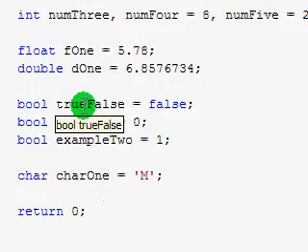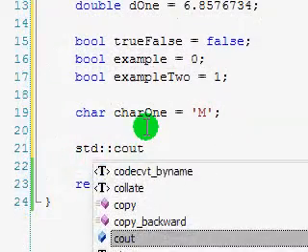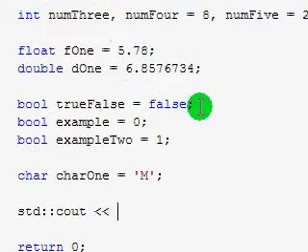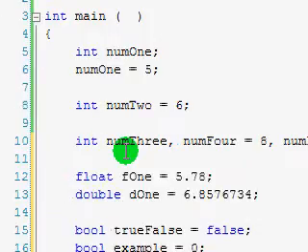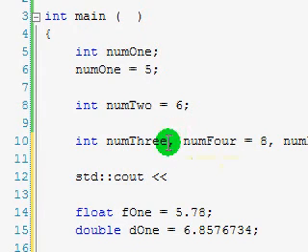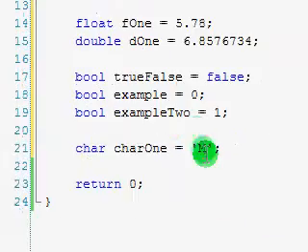Although one thing I want to go over quickly is, remember I talked about in the previous video that cout statements are extremely flexible and that you can output variable names in cout statements. I'm just going to show that as an example. So here I'll do it in sections. I'll output the ints first. And by the way, generally when you declare a variable, it's a very good idea to define it as either 0 or null. Null is just a keyword for 0. If you declare something as 0, so for instance I could declare this as